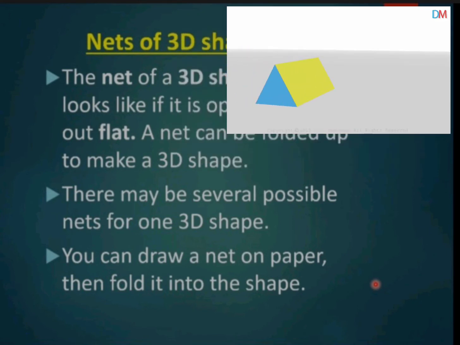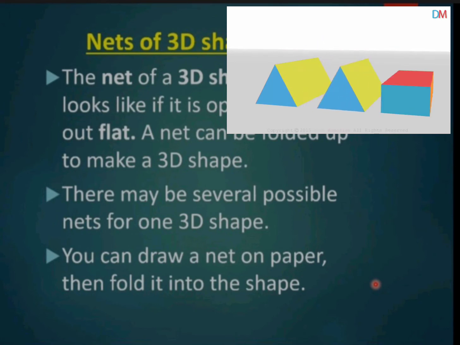This is the figure of a triangular prism. It's a triangular prism because the 2 bases are triangles and the other faces are rectangular. If there were 2 rectangles as the bases, it would have been called a rectangular prism or a cuboid. Now let's try to draw the net of a triangular prism.